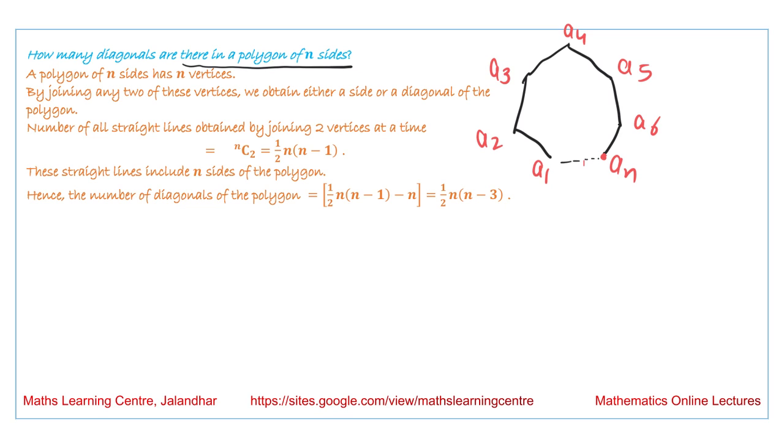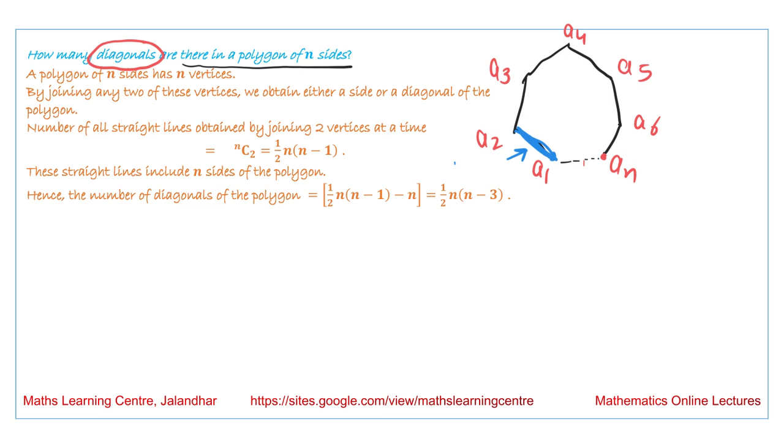If we are talking about the diagonals, and I am talking about this vertex A1 and I join it with A2,